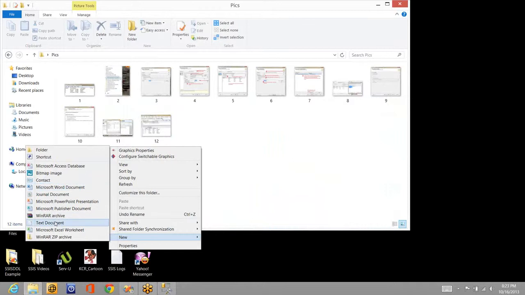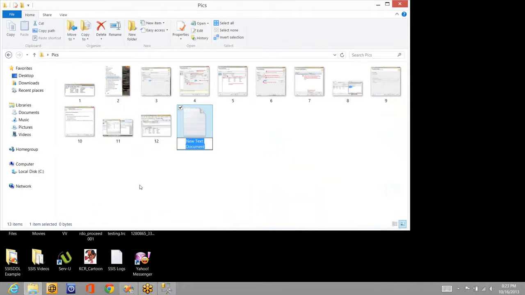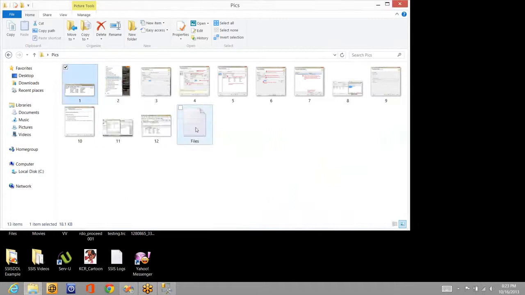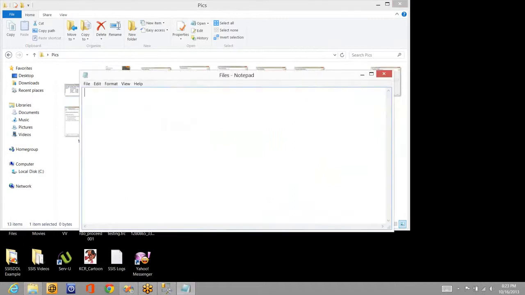Text file, and I'm gonna store the information. Files, like what is the path and what is the file name. If you see, this extension is .jpg. So I'm gonna give all the file paths here. File path, the first one is 1.jpg, right? I need to have that information.